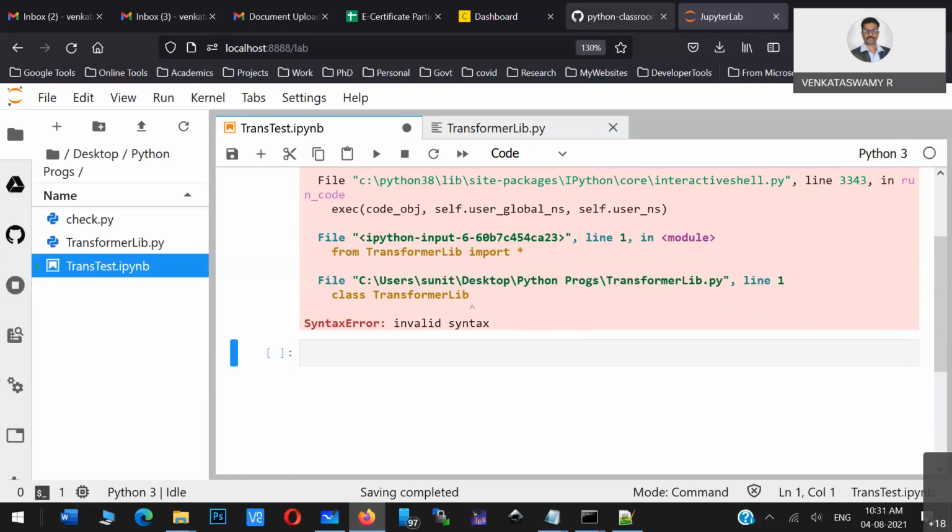Can anybody search and tell me what is the issue? Yes, I have given the name of the class and the name of the file, both the same.